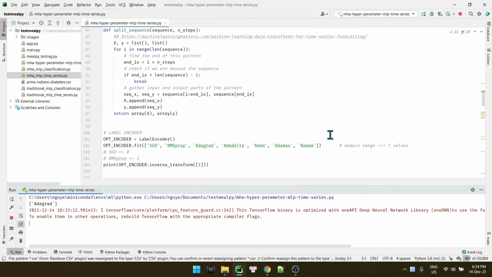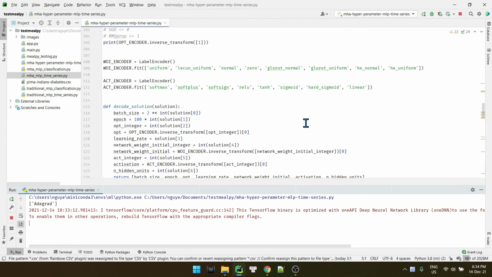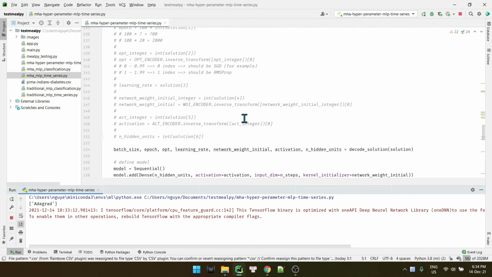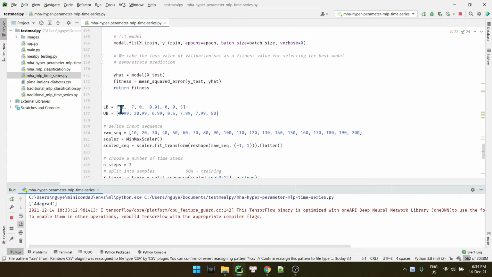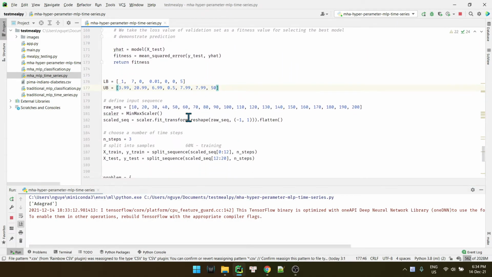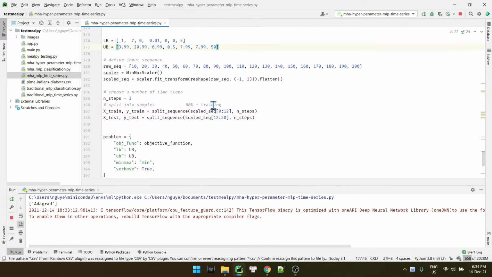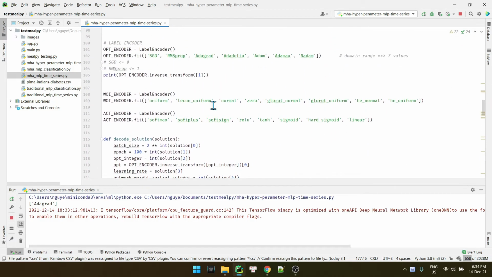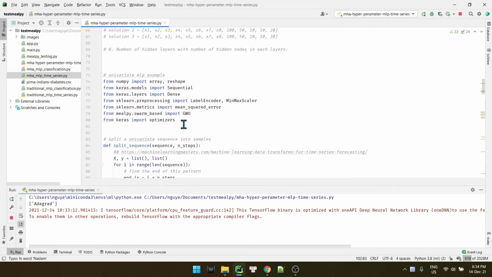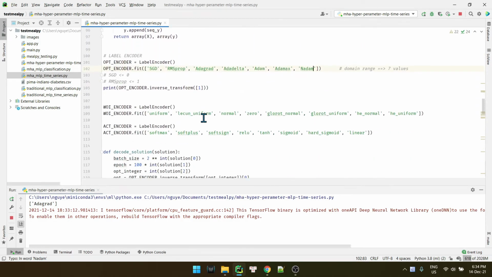Maybe we should try to reduce the number. We can try to reduce the number of values right here like this. We can try to reduce them. So I'm trying to test the network, right?